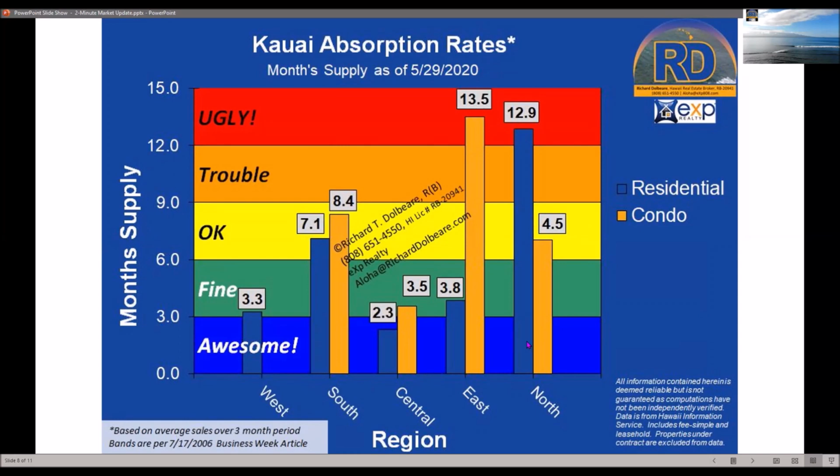On the other hand, homeowners up in the Princeville area, North Shore, this has actually been in the ugly zone for some time. I recall even last year it was still up in the ugly zone. So once again, at the risk of repeating myself, if you're a homeowner wanting to sell up here, you better make sure your condition is tip-top and your price is below the other competing sellers. If you're a buyer, celebrate, put in your offer, and you're probably going to be successful in a market like that. So that's my explanation